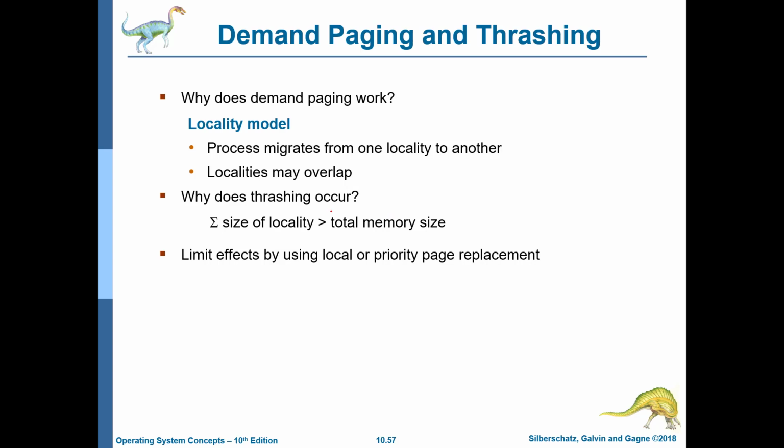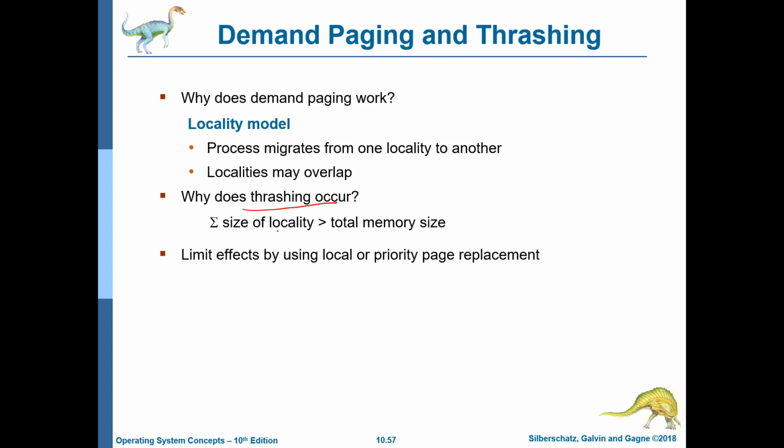So, demand paging and thrashing. Let's look at why exactly demand paging works. Well, the point is that processes keep migrating; let's say they have an IO request and they go to the disk and remain in the waiting state, and later they come back. What we don't want to do is lock up large parts of the memory with the working sets of processes which are waiting for a long latency IO event. As a result, we swap them out. Gradually their pages get replaced and newer processes can take over.